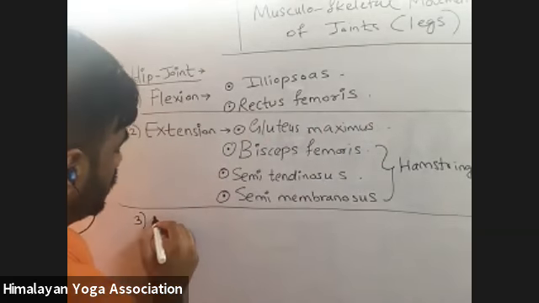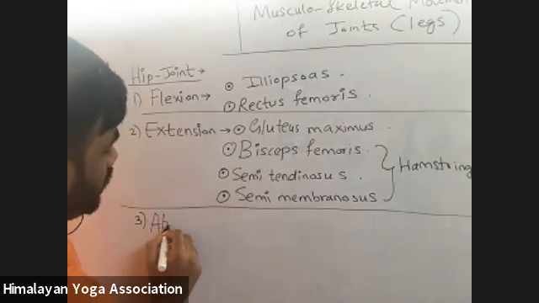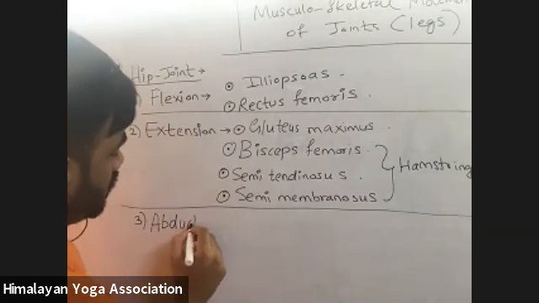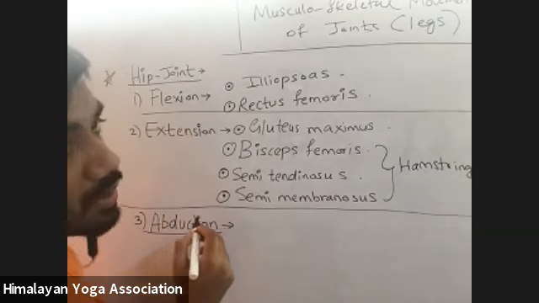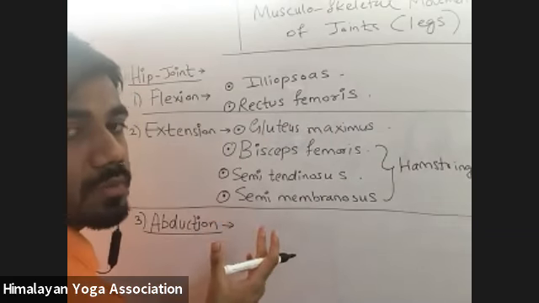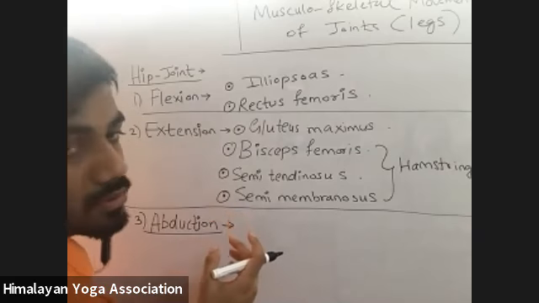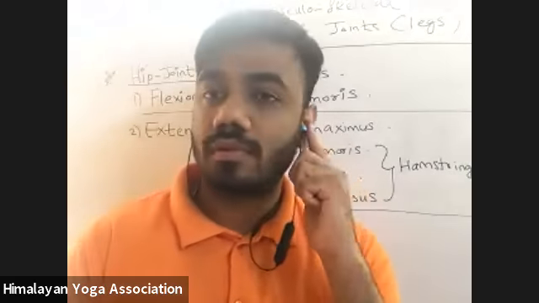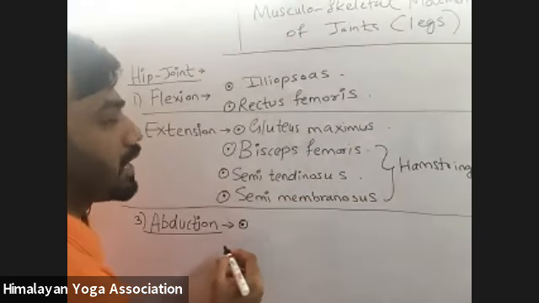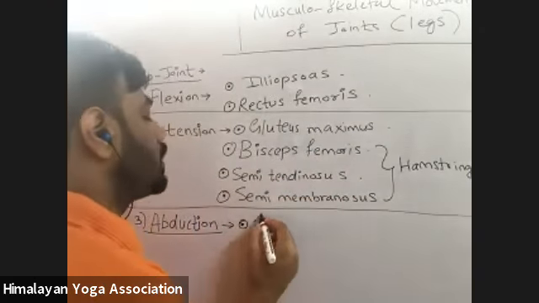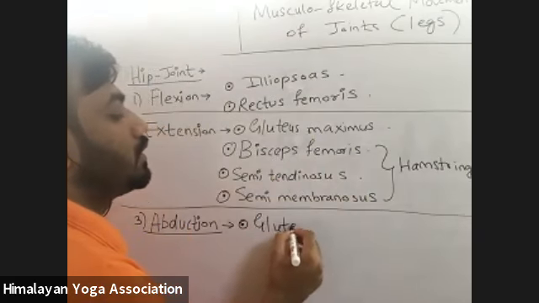Now, abduction of the hip joint. So what is the abduction movement of the hip joint? Can you tell me first? Away from the medial part of your body. Yes. So that is away, when we bring the leg away from the medial part of the body,